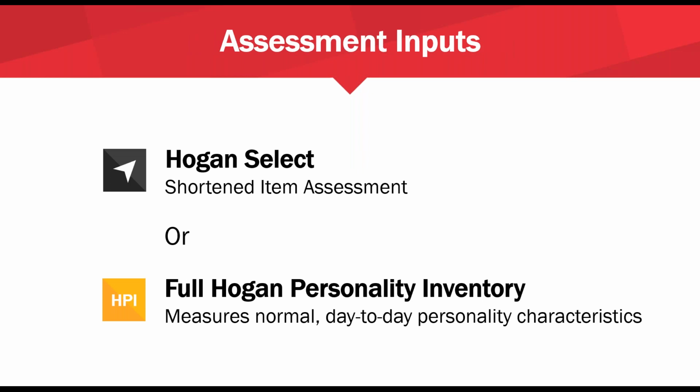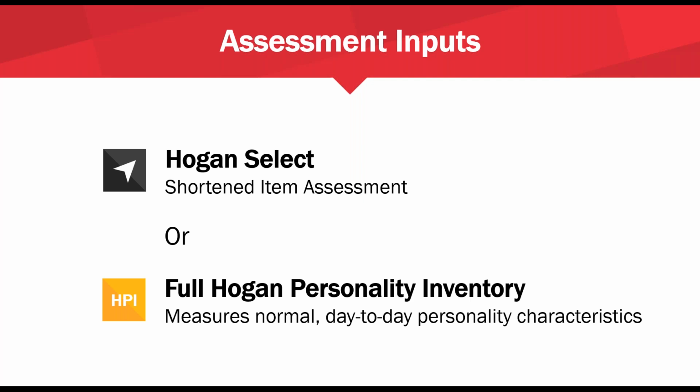And finally, as I mentioned, if you're an existing user with the Hogan tools, you could use the full Hogan personality inventory, or you could use the shortened assessment. Organizations that have used the shortened assessment, frankly, run into a challenge at 6 months. Fast forward 6 months from hiring an individual, that individual is now eligible to post, say, for a supervisor role, using the customer contact center example. At that point, they don't have a full data set.